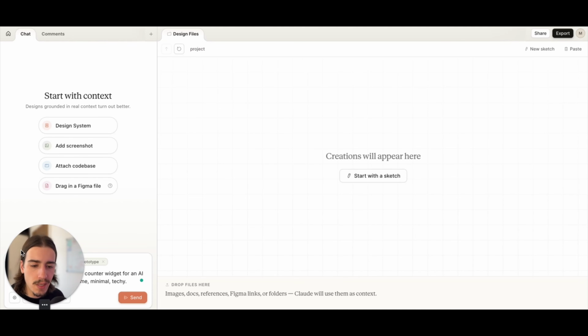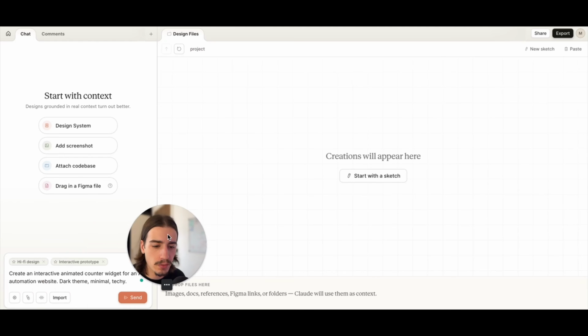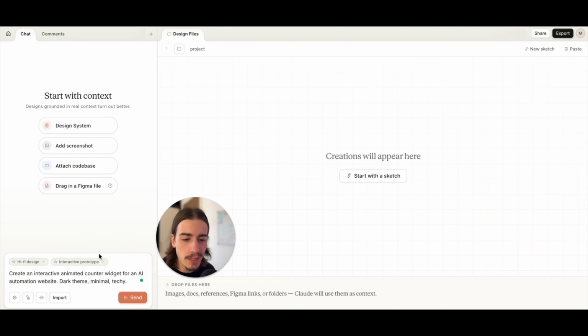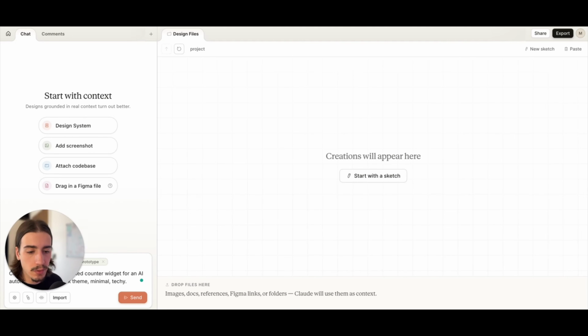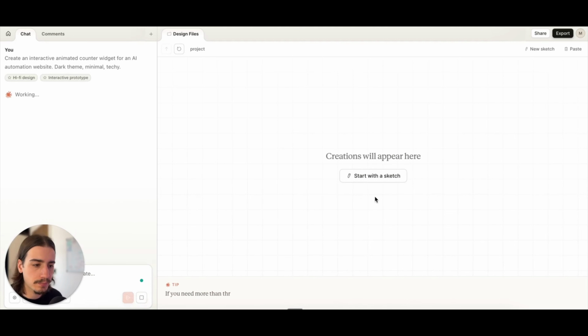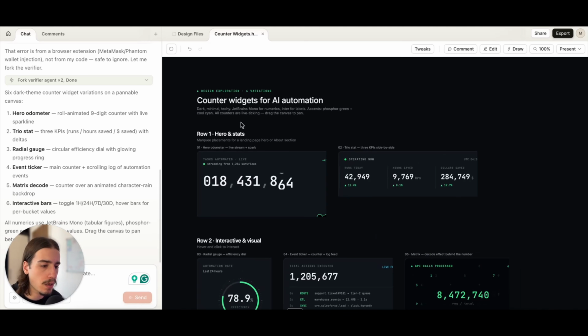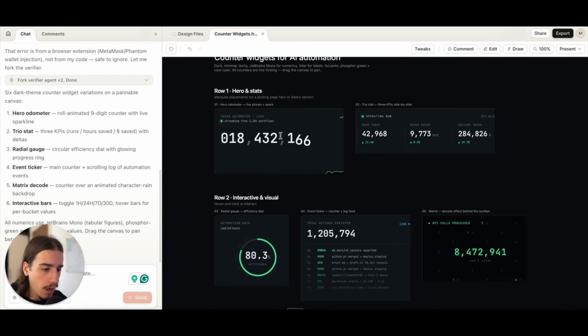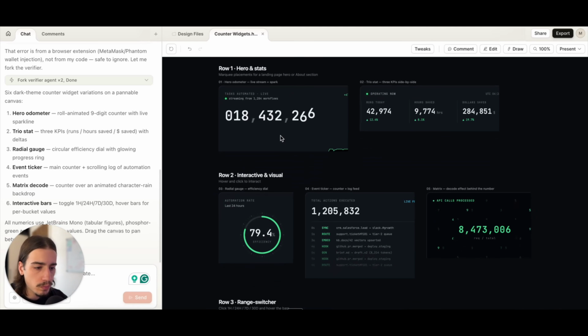So I'm just going to keep this test really, really brief just to see what Claude Design actually comes up with here. All I've said is, create an interactive animated counter widget for an AI automation website, dark theme, and techie. So let's go ahead and send this off and see what Claude Design comes back with. In about a minute's time, Claude has come back with 6 different elements that I can review, edit if I wish,